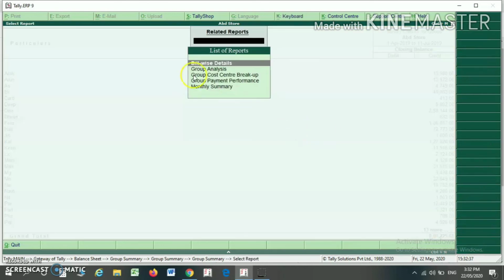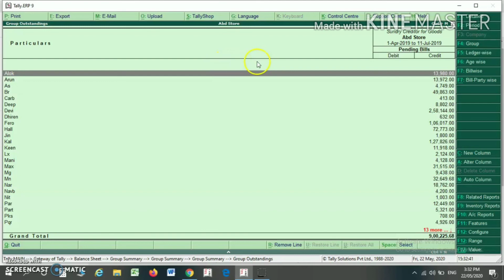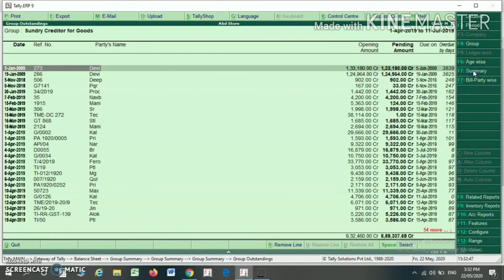From F8 related report you have to select bill-wise detail. Again when you select bill-wise detail, these two menus will be activated. Just select F7 bill-wise. Again when you select F7 you will find your bill-wise outstanding amount appearing in your group outstanding menu.